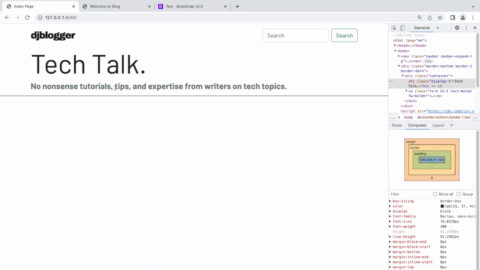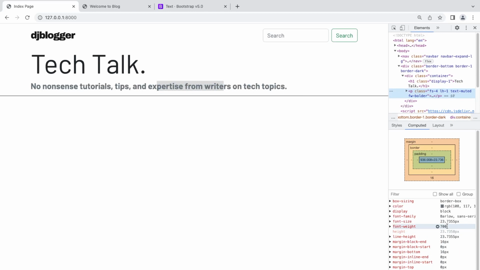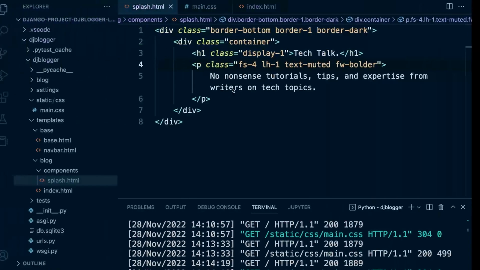Let's take a look. So that's a little bit too bold, right? So that changes our font weight. If I inspect and go down here, I can see that changes it to 700. That doesn't necessarily help. Font bolder and bold. Okay. So let's go back then, and we're going to use FW as a key, and we're going to go